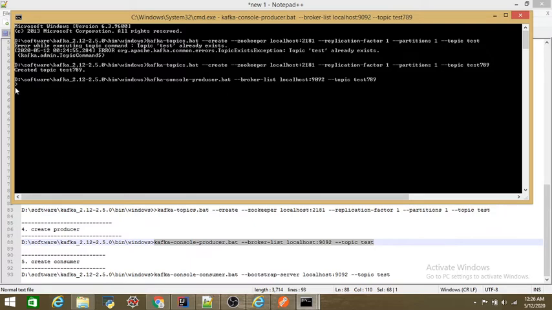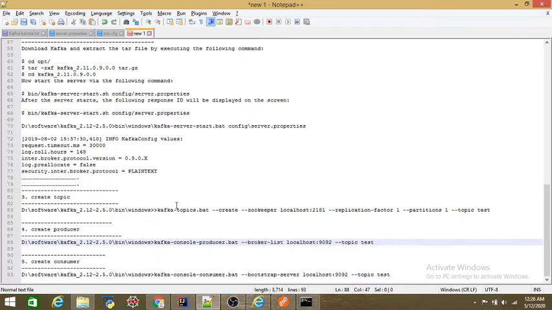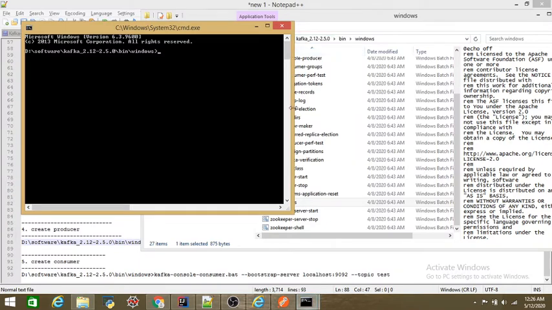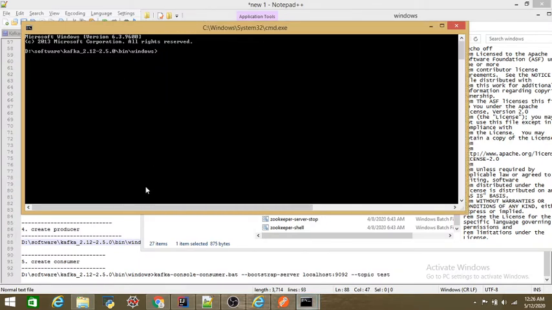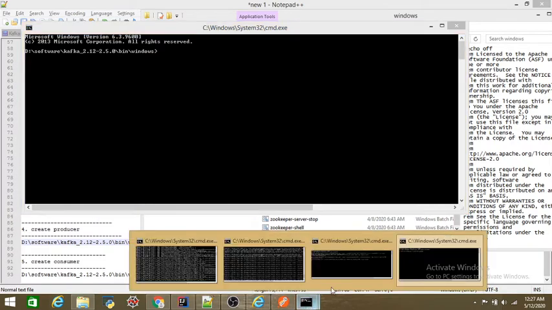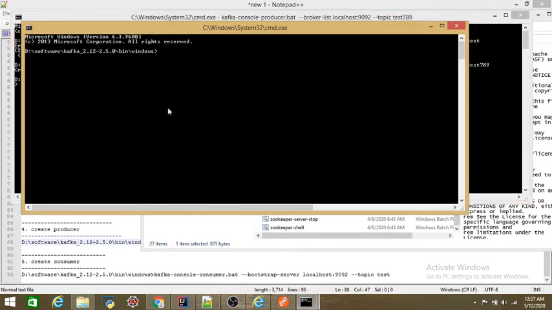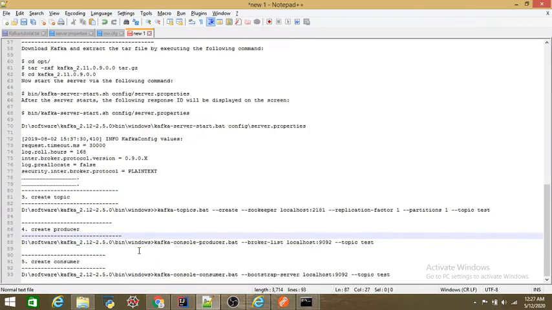You can see that if this arrow, this line comes, it means our producer is ready to produce some message to this topic. Now my next job is to create the consumer, right? You can see that the consumer also resides in this Windows folder only. So just go to that. This time I am using another command prompt, because I need to have this topic, right? Once I publish some message, you will be able to see it in this consumer. That's why I'm creating the consumer in a different window.